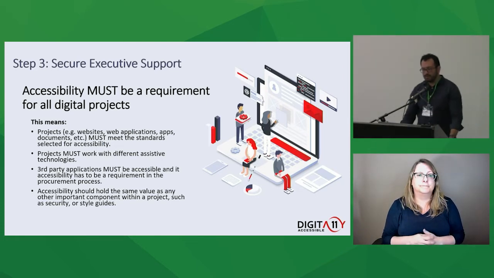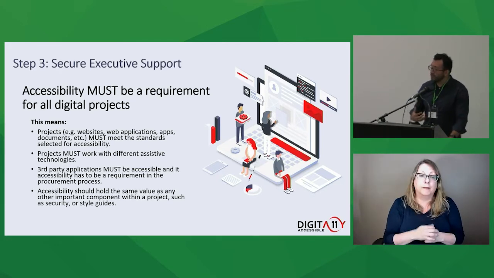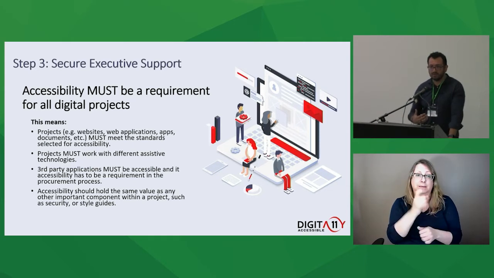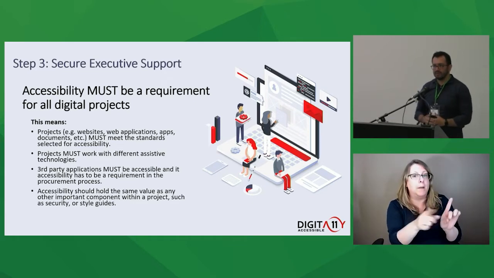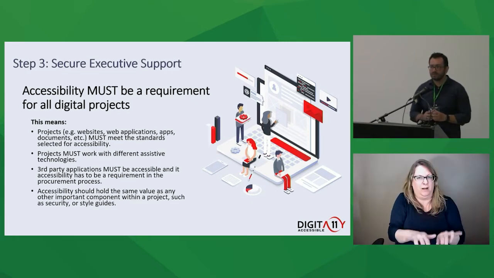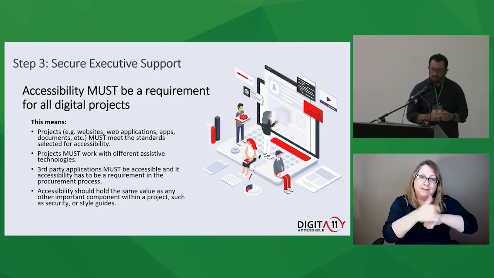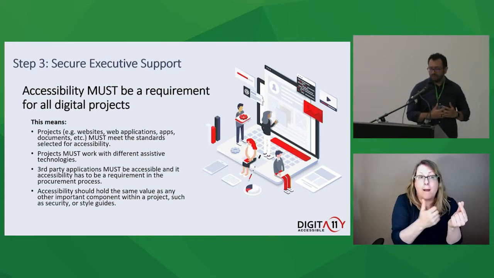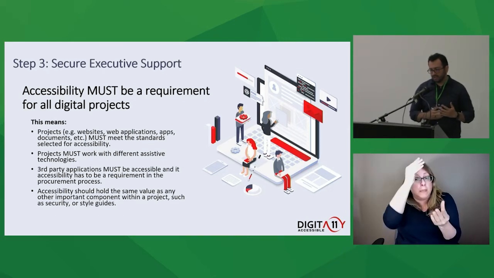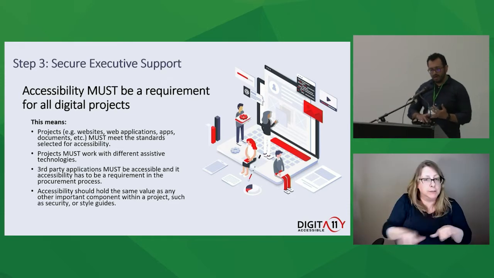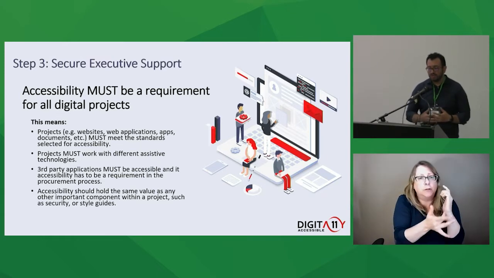Okay, so in here, what I want to do is make sure that we have the executive support. Now, because Oscar was given the opportunity by the university, we know that there is a certain degree of support. However, he needs to get that in writing, and I cannot stress this enough. Because if you're given a mandate to make something accessible, but whenever you're interacting with groups you don't have that specific requirement, it's going to be really difficult. So one of the things he needs to do, after the information has been properly identified in terms of the standards, the legislation to comply with, different assistive technology, as well as the team he's putting together, is to be able to